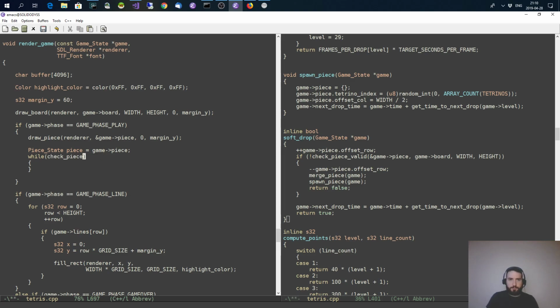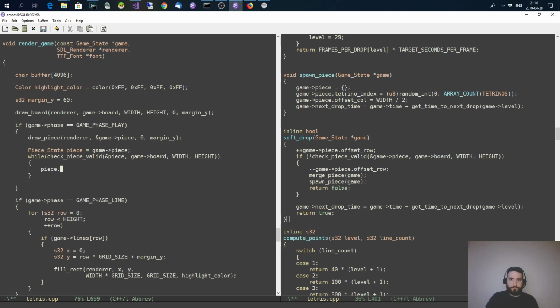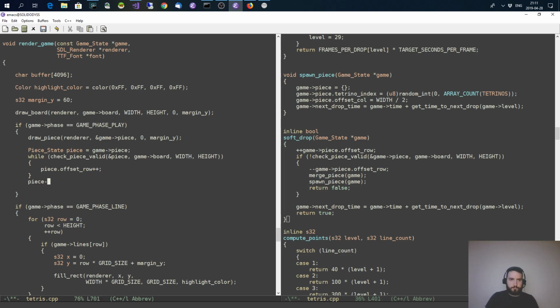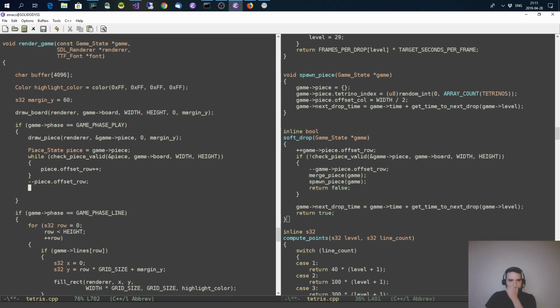While check piece valid, piece game board. So we do this, we move it back, and then we draw it here,